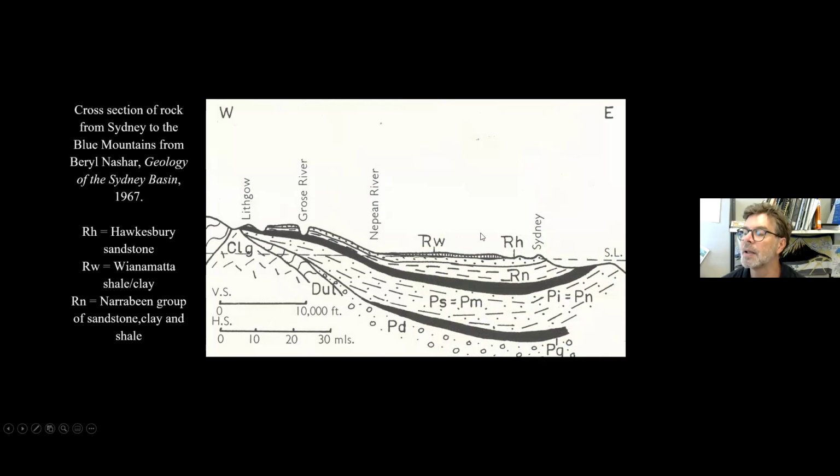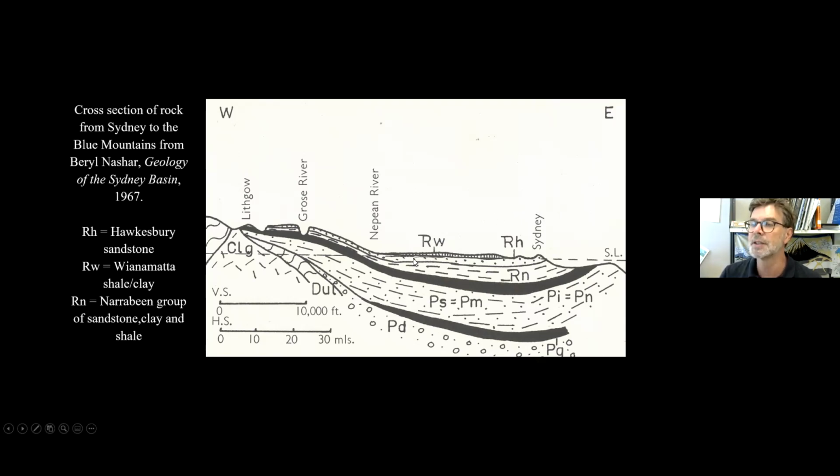When Phillip rolled up, he decided to pitch tents and slowly build the town at the Tank Stream in Sydney Cove. He did so because of the fresh water, but then he regretted the fact that the soil there was so poor. And when he established the second major settlement at Parramatta, he wondered whether in fact that should have been his first port of call, because it could actually grow things there. The first 5 years of settlement in Sydney were called the hungry years, because they really had difficulty providing for themselves and were surviving off dried rations and what fish they could catch, and it was all pretty difficult.